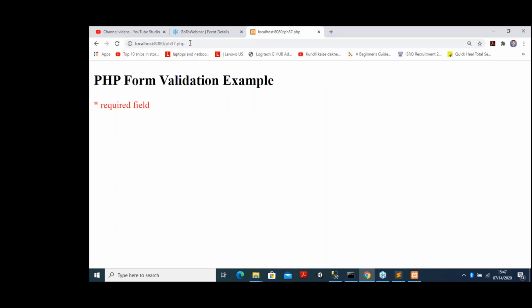Directly it is showing record field, not like that. So maybe a little error is there somewhere; we will check it.